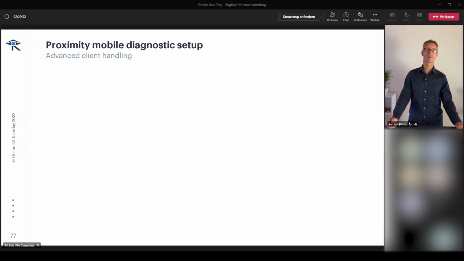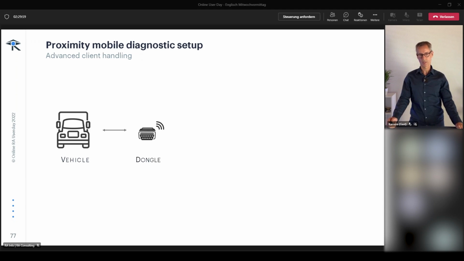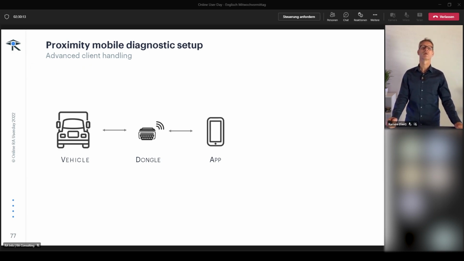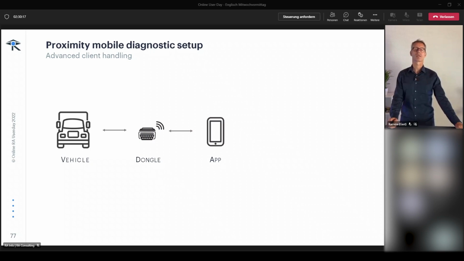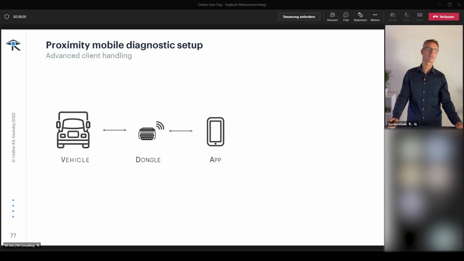Next, we have this proximity mobile diagnostics setup. We have an advanced client handling. We have still the vehicle, of course, but now we have not an interface, we have a dongle. And this makes us able to be more flexible with our user interface, which means our core components with the diagnostic functionality are running on the dongle as an IoT device or a smart device, and as you are controlling your TV or your smart app via your smartphone, you will be able to control diagnostic that runs on the dongle with some application that's also running